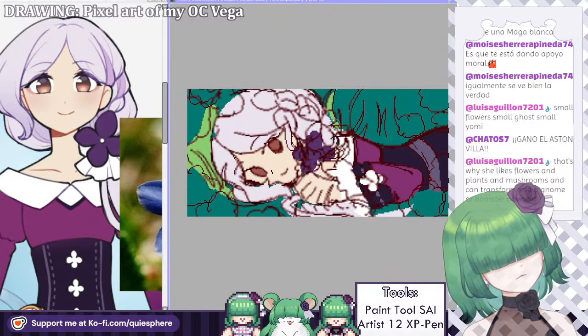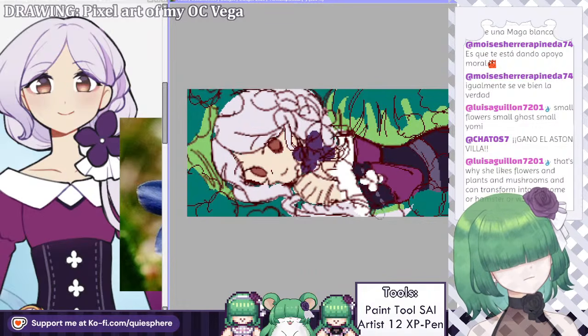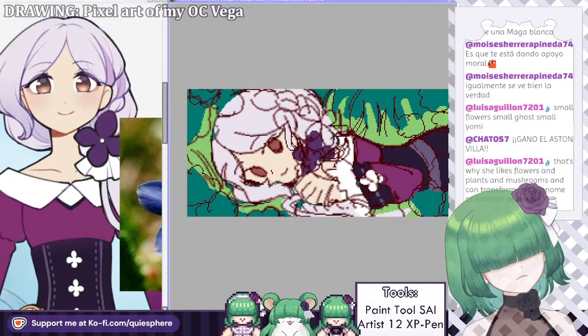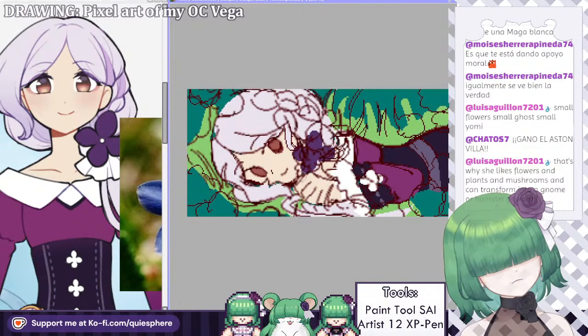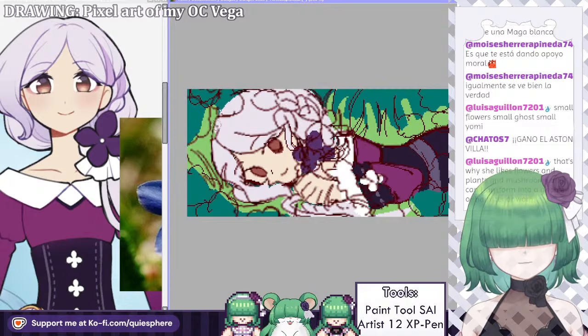Like lighter green should be something more like this, perhaps. So where do we want the light to come from? I think that's pretty important to decide.